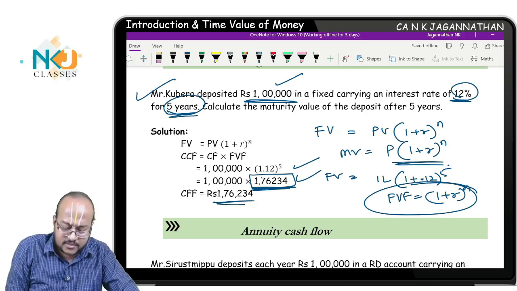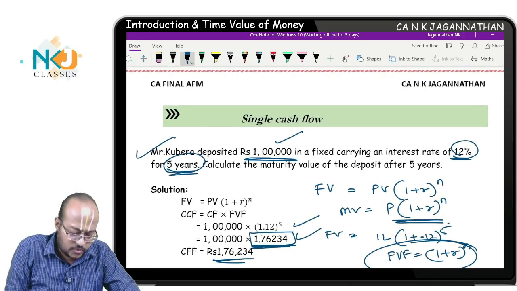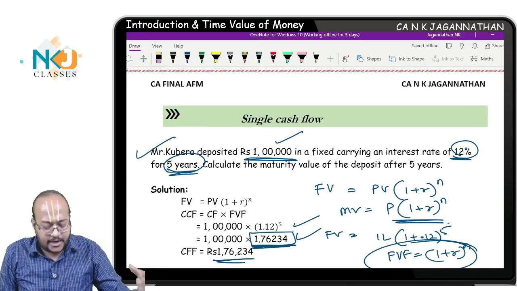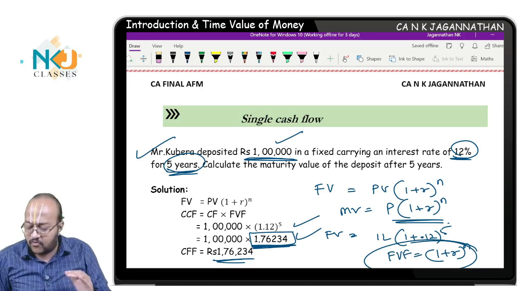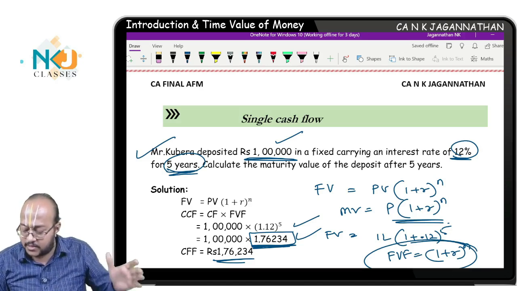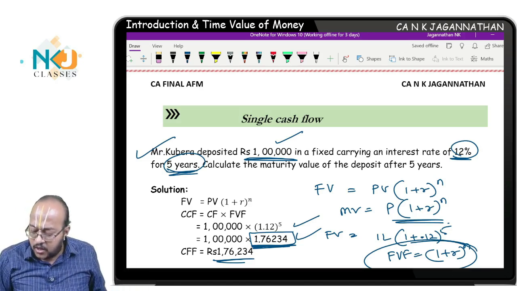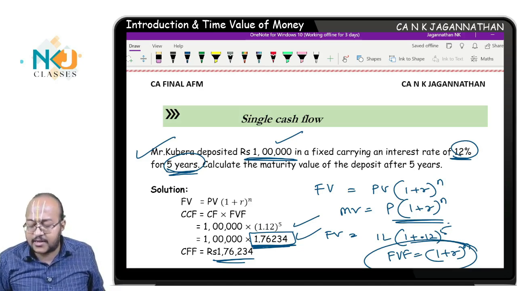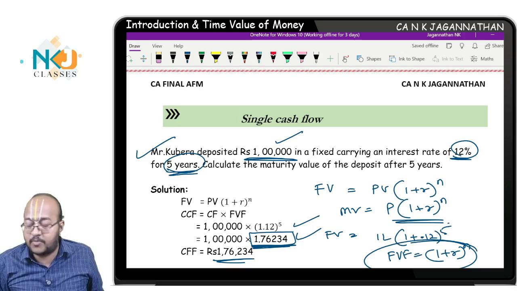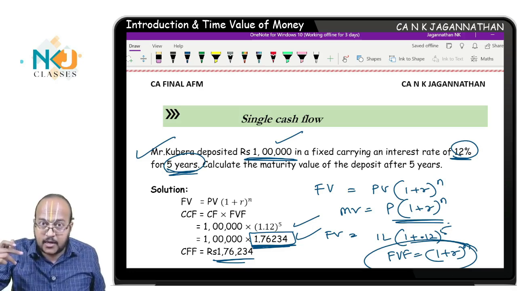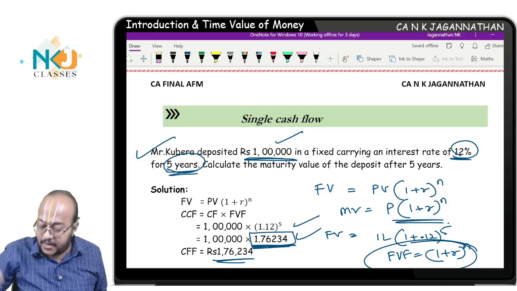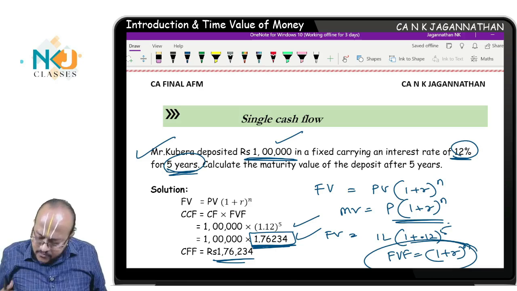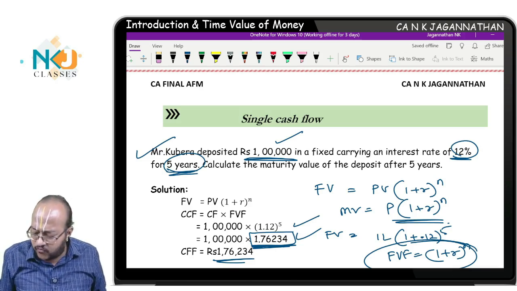Very simple. Compounding is very simple. 12% interest rate. Now take your calculator. 5 years, 12%. How to compound? 1 lakh rupees. You can also compound like this. 1 lakh rupees into 1.12. This is at the end of year 1. The maturity value will be 1,12,000, and again you will get interest on interest also. This is what compounding effectively is, right? So what you do is 1,12,000 into 1.12. Like this, you press 5 times.